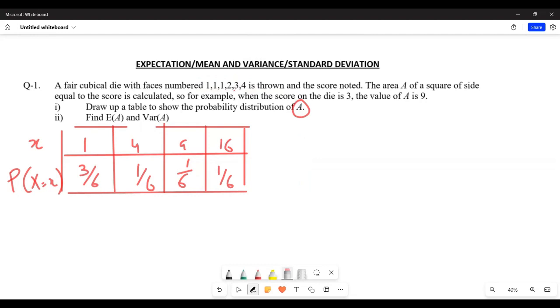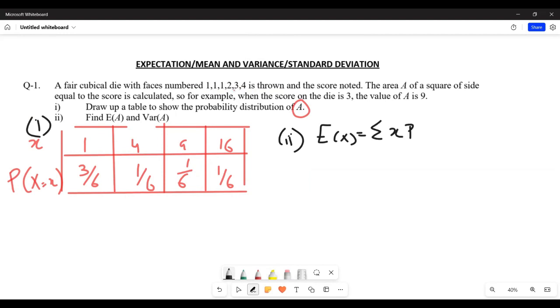Part 1 is done. Draw a table to show the probability distribution. Part 2, find the expected value of A and the variance of A. So the expected value formula from a probability distribution is summation